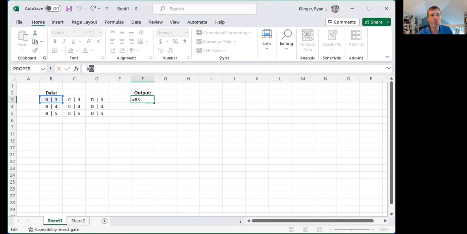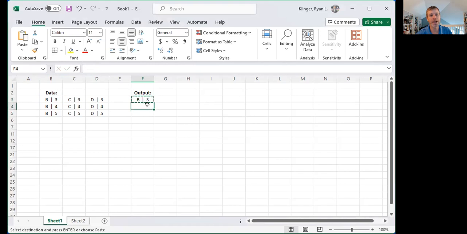Excel is reading whatever value is 1, 2, 3, 4 columns to the left, which just happens to be B, and whatever value is in the same row as my output. So it's taking this cell that I have in my formula, and it's reading it relative to my output position. And the reason why this is important is if I were to copy and paste this formula down